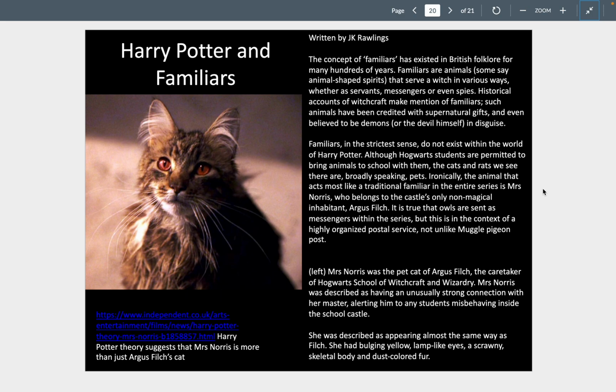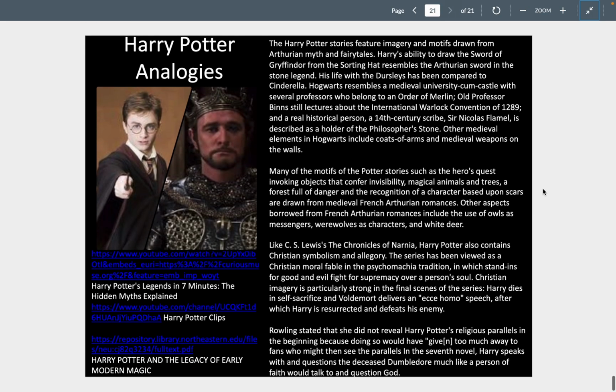Harry Potter also includes familiars, as I talked about earlier. And we certainly find analogies in Harry Potter to older forms of writing, like C.S. Lewis's Chronicles of Narnia. We get Christian symbolism and allegory. And so it's not just witchcraft. I would say, really, from what we've looked at today, that witchcraft is not that far away from Christianity or from Judaism. What we find is that it's the existence of the belief in those religions that leads to this opposite or otherness,